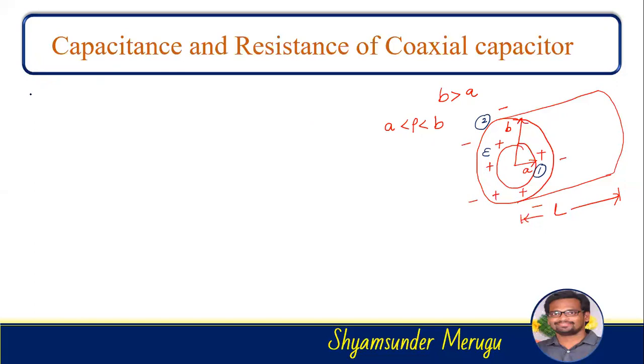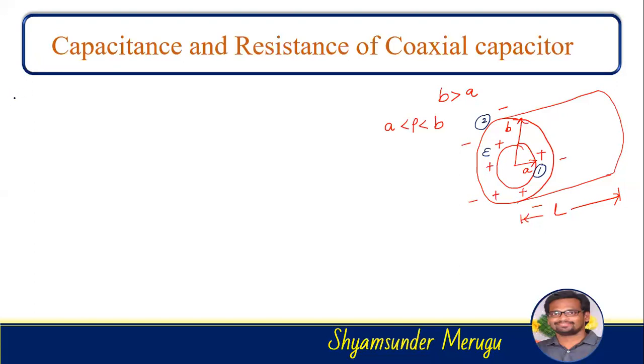Now here the structure resembles the cylindrical coordinate system. So the coordinate system that we consider here is the cylindrical coordinate system, point number 1. And point number 2, we have to see that the conductors carry the plus charge and minus charge on their surfaces. Third, we have to use Gauss law in order to find the electric field intensity.